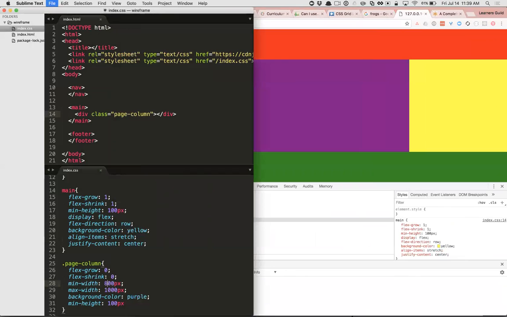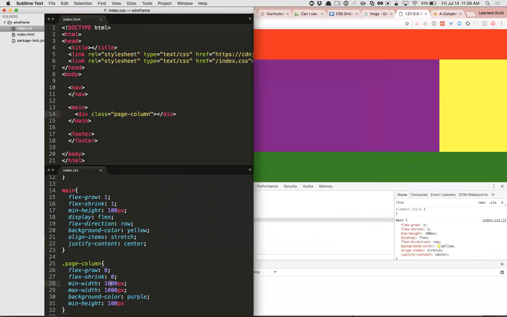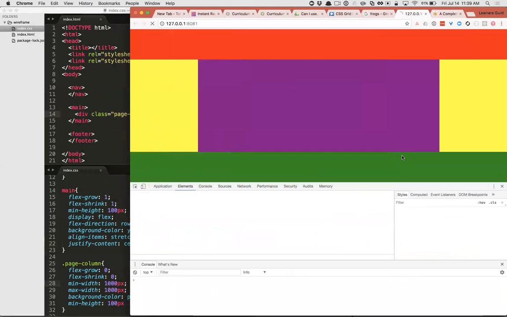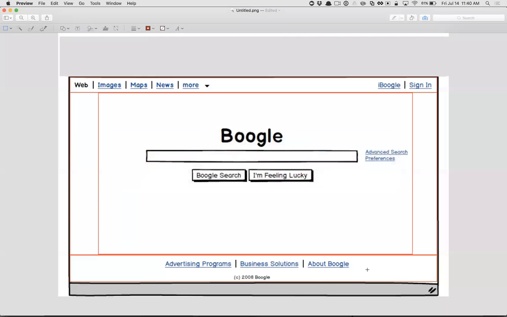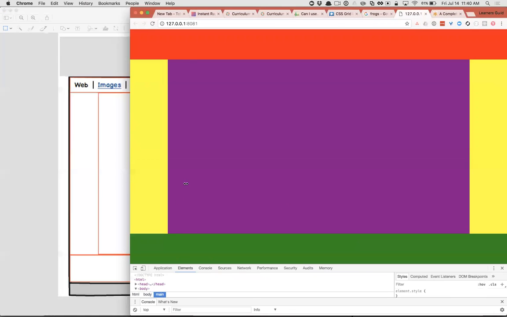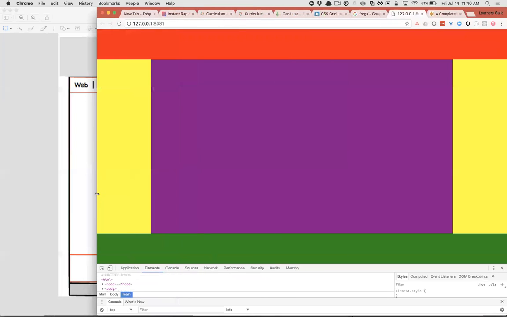But let's just plan for big screens. Maybe it is 1,000 pixels. Let's just go with that. So now I've built sort of the main pieces of my layout here, right? And I can start filling in the content, right? If I make this really small, it's going to be there.